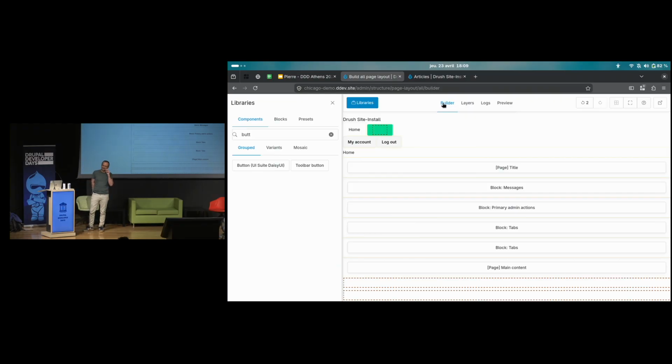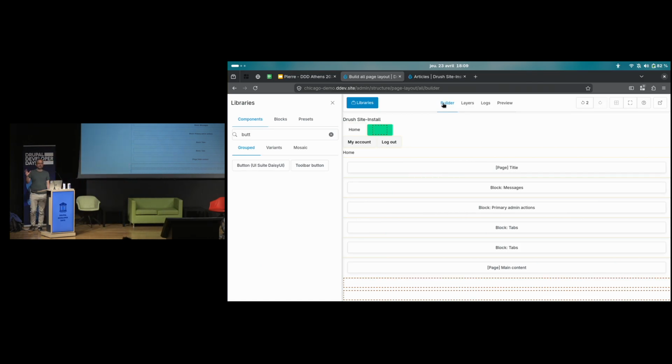Thank you for your question. So, yes, of course, we will cover most of the Layout Builder ecosystem, but more than that, we're providing a very simple API to extend. I will show you a few cool things.